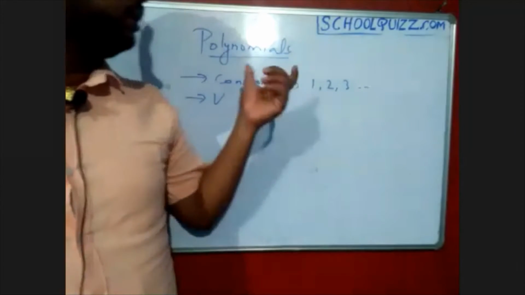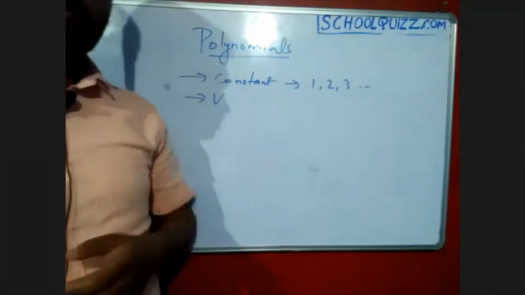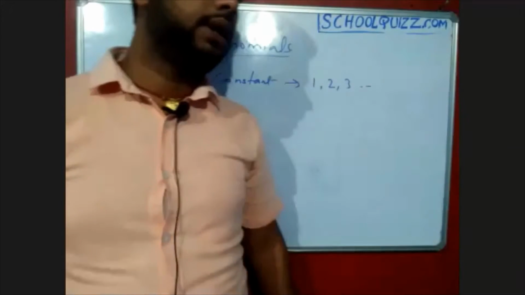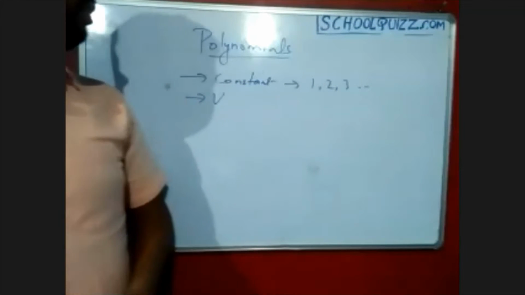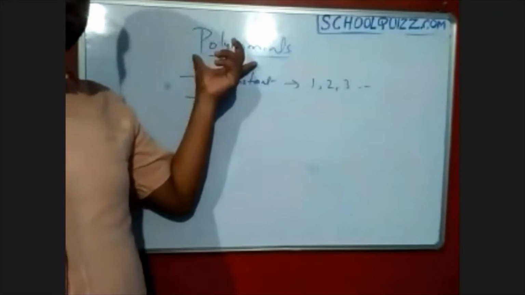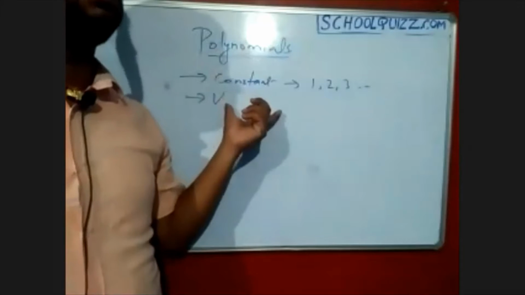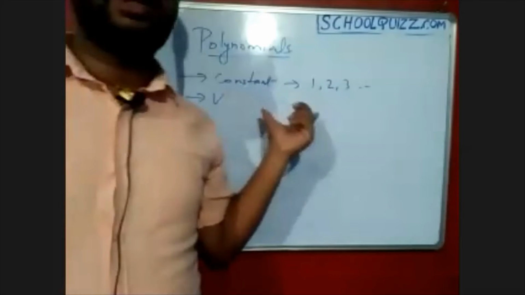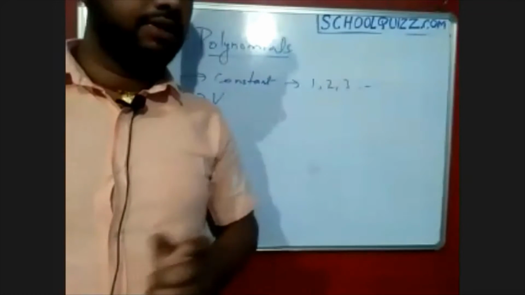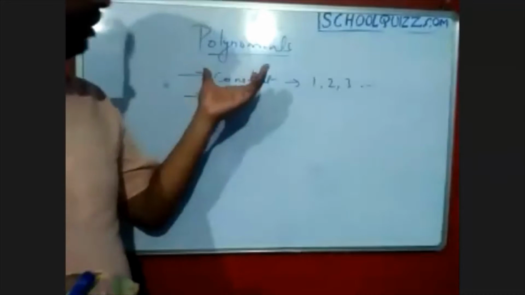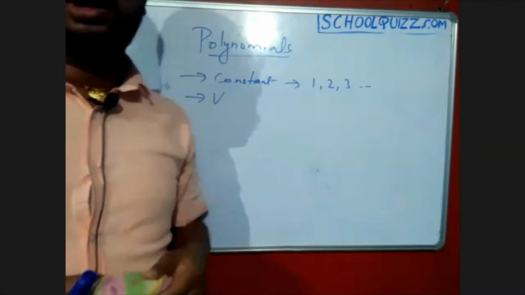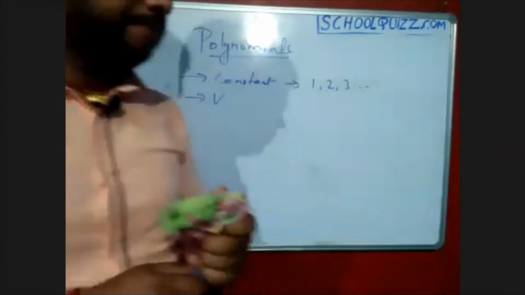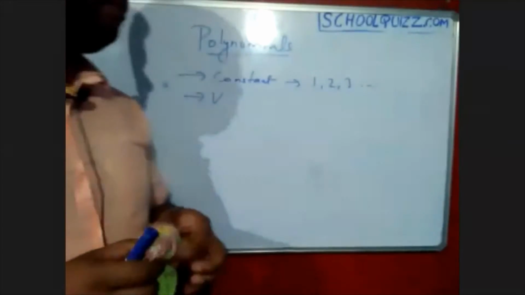We covered two topics from algebra: quadratic equations and the linear equation in two variables. So let's say polynomials. Why do we choose this topic third? Because very few problems will be provided from this topic. That's why I'm going to explain according to the preference of how many questions they are going to get from the topics. So very few questions will be asked from polynomials.